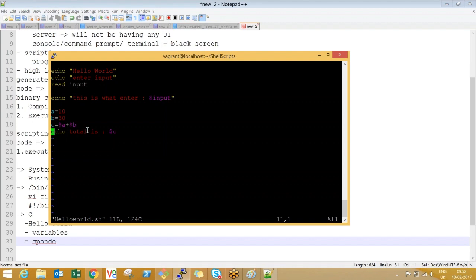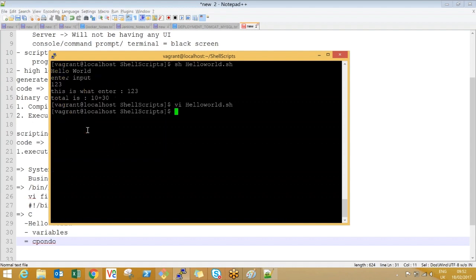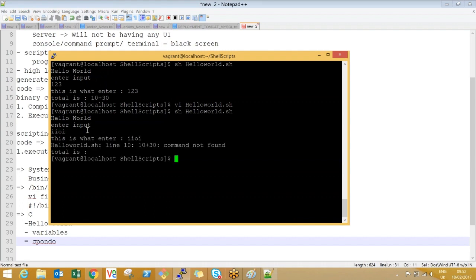So to make this work, what you're supposed to do is put a dollar like this. Command not found.